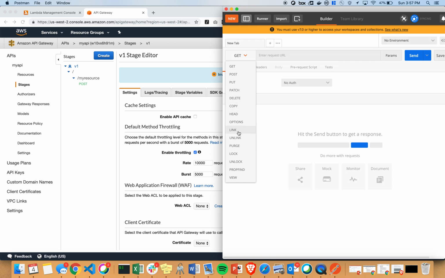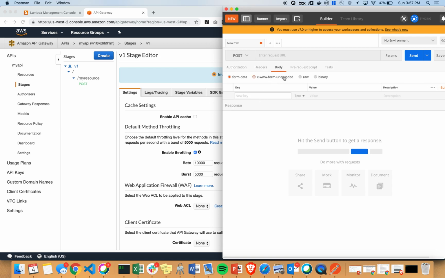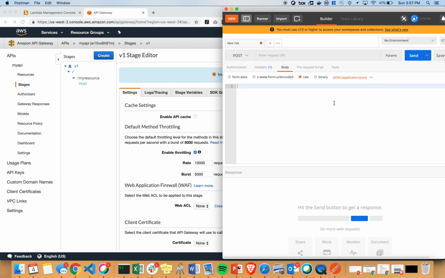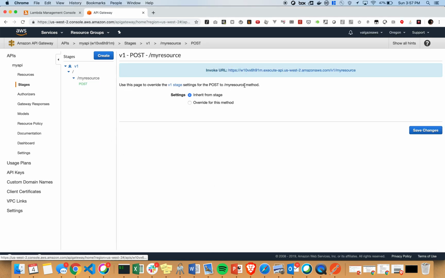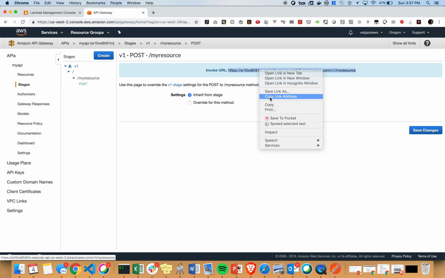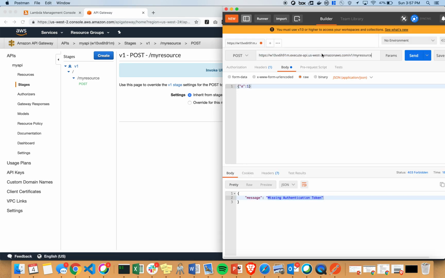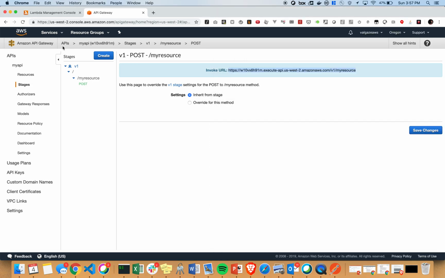So that's what happens when you do a post request. There's post. There we go. Raw. Make sure it's type JSON. This is Postman. You can use anything you want. So that URL, I'll say missing authentication token. What's going on here? You need to find your method, copy it, post, hello from Lambda, and